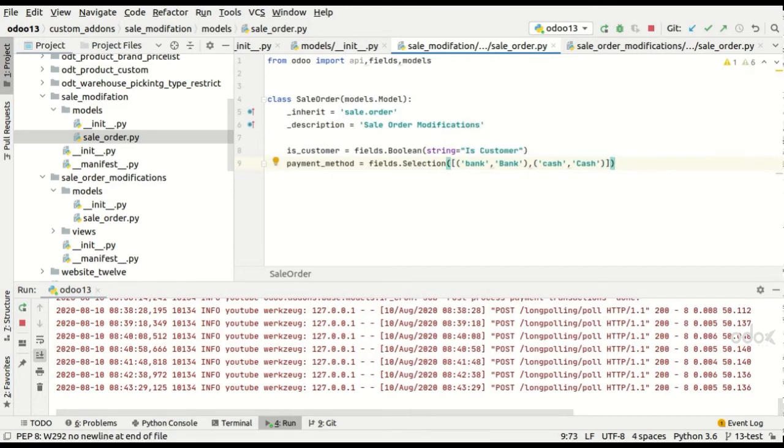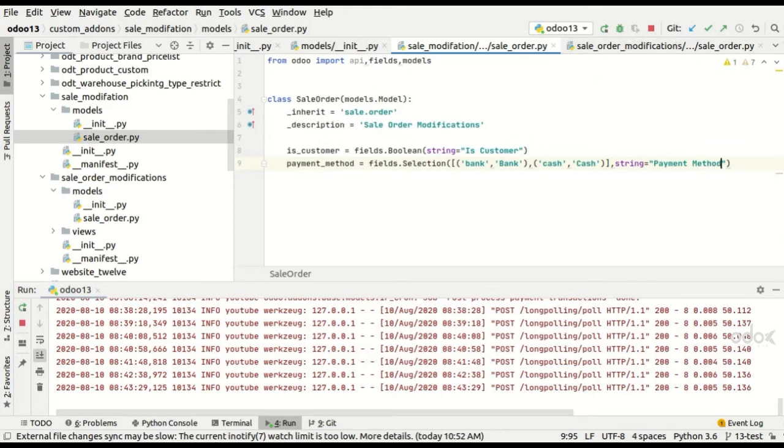So the string is payment method. So these are my two custom fields that I'm going to add in the sale.order model.